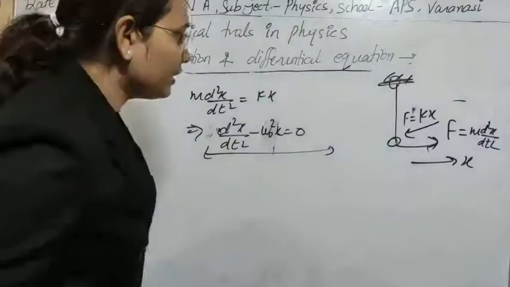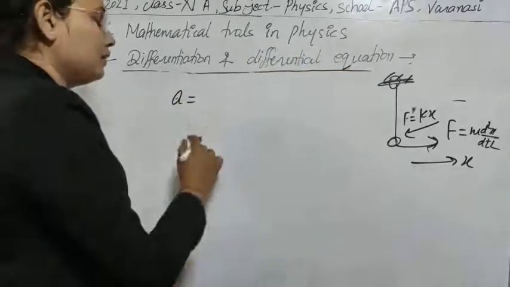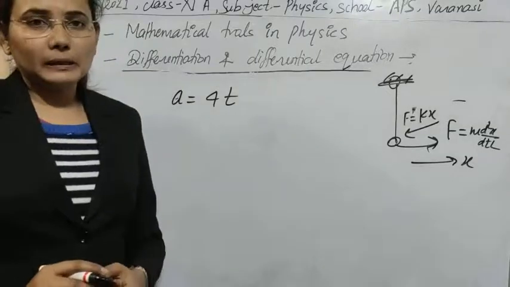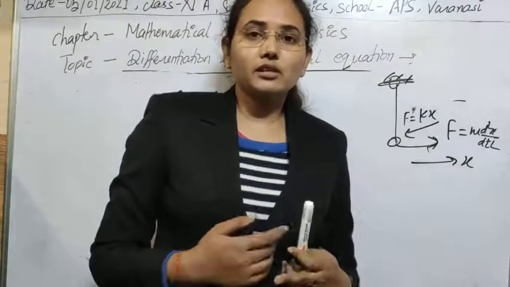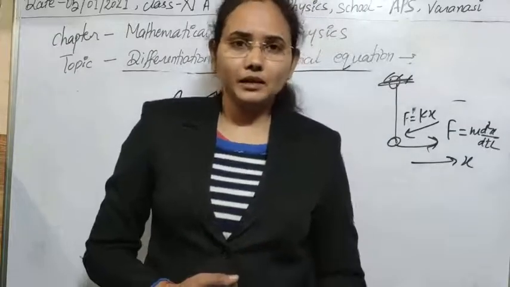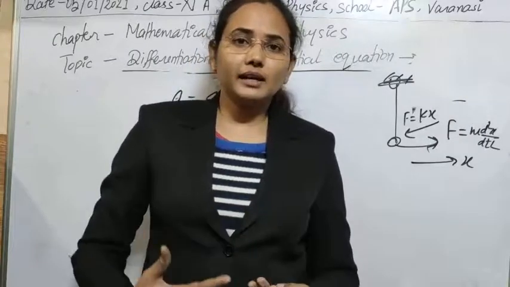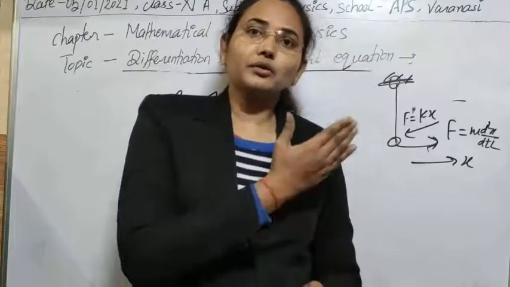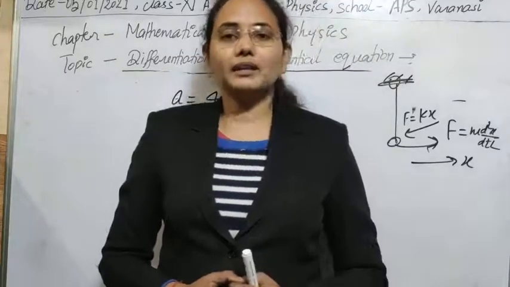Suppose one thing is given to you. Suppose the acceleration of the particle is given by a equal to 40, and the question is that you have to find the velocity of the particle, or the displacement of the particle at any time t. Then how to find it? With the help of displacement, you can find its velocity and acceleration by differentiating it with respect to time. But if acceleration is given, then how can you go in the backward, reverse direction? In the reverse direction, you can go by the integration process.